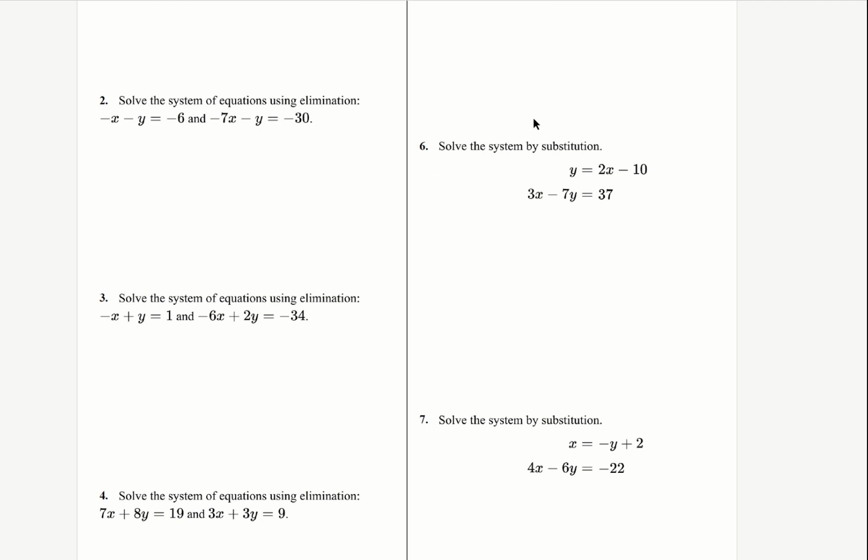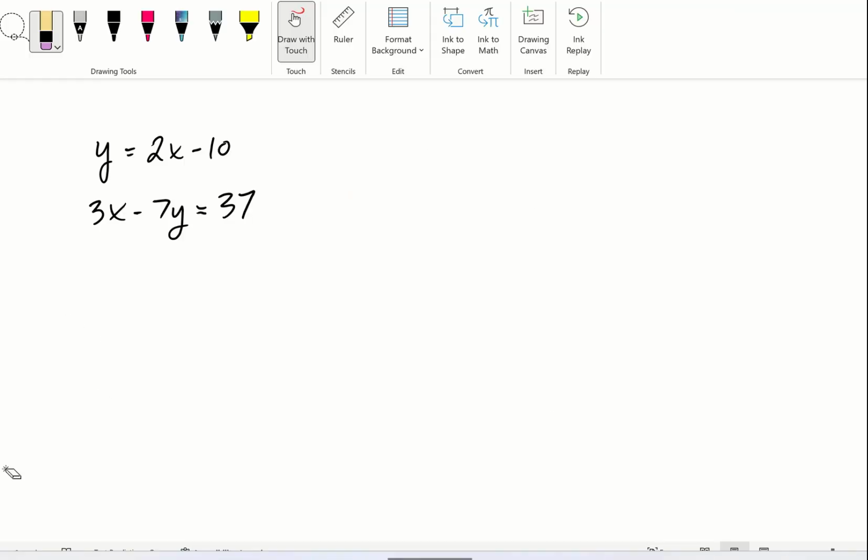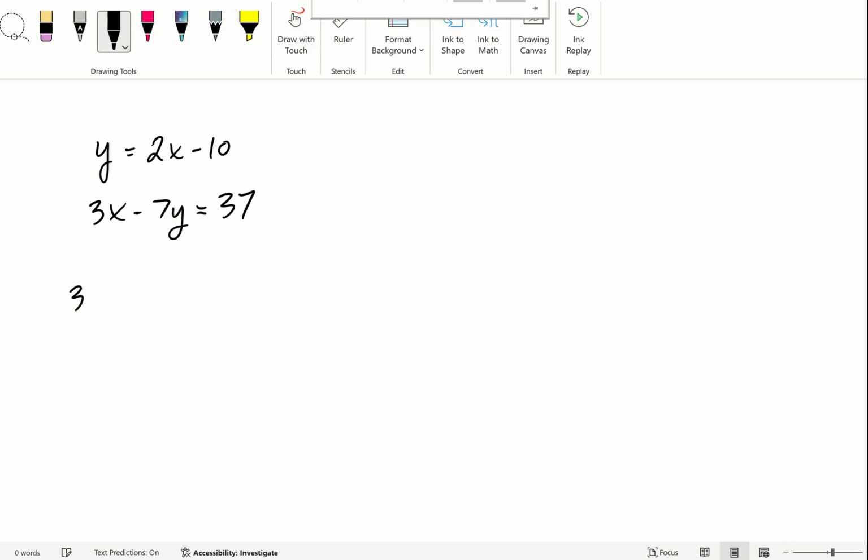All right, now we'll do number 6. So we have to solve this system by substitution. Same thing, we're just trying to find the point at which these two lines intersect. So I transferred the problem over to here. Now I already know what y is equal to. Okay, I know y is 2x minus 10. So what I can do is I can just take this y value and plug it in here to solve for x. So what that looks like is 3x minus 7 times the quantity